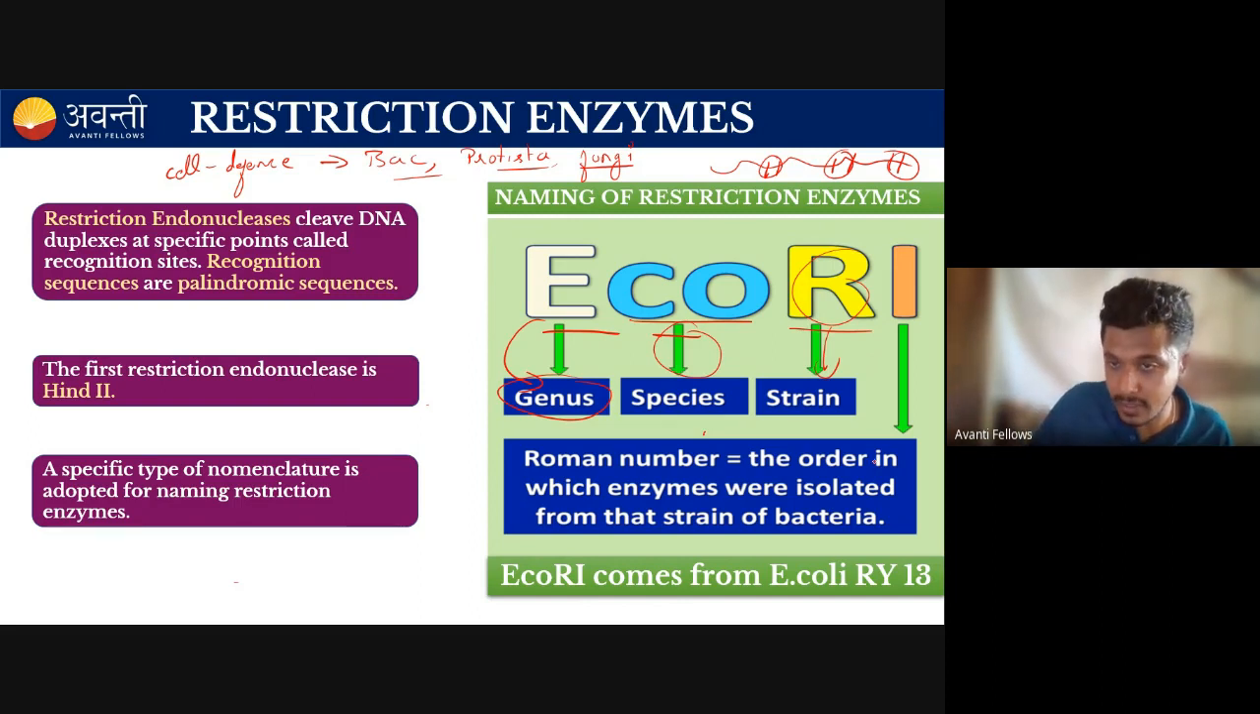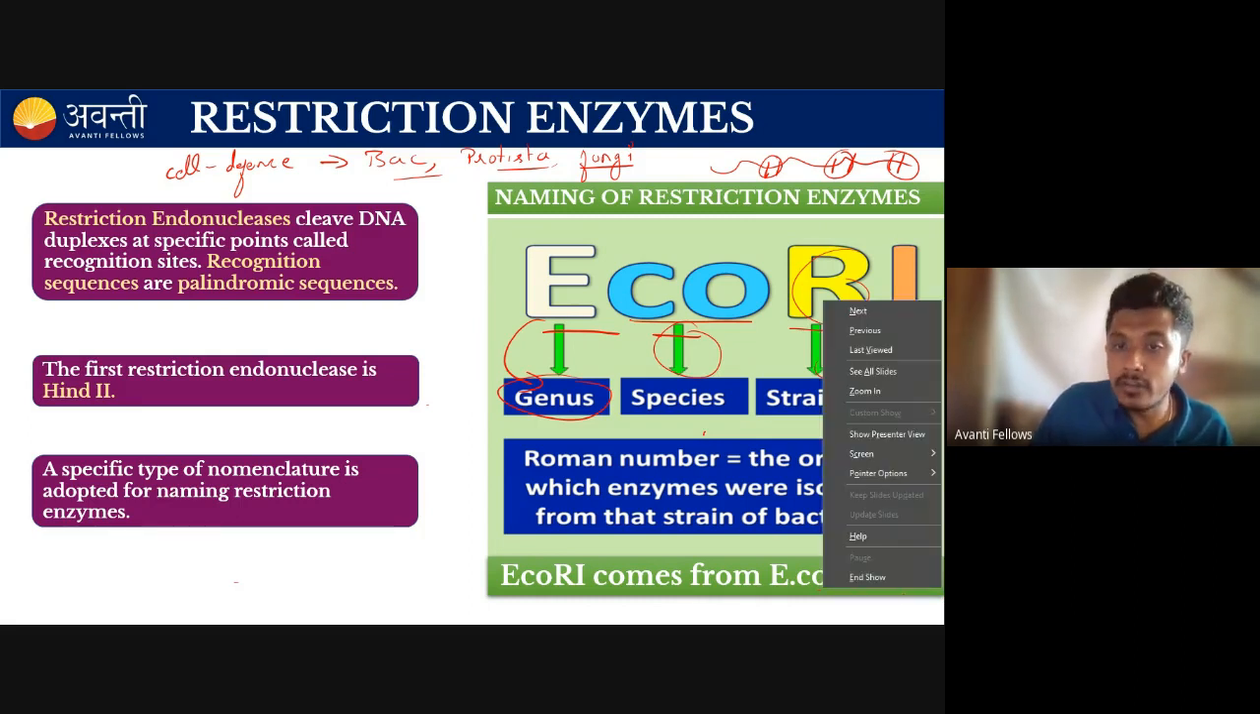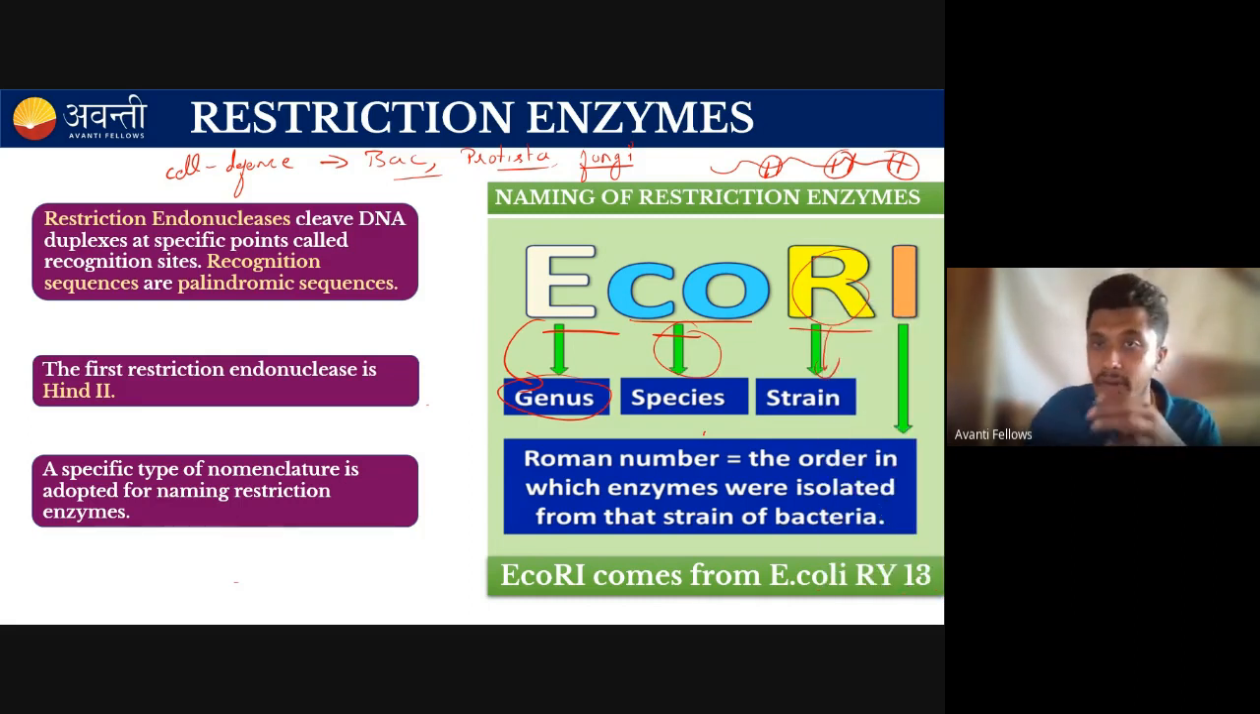So for example, you see E. coli RY30. So that means ECO R13. So that means we are talking about a specific type of restriction enzyme which is isolated by E. coli. Understood. Similarly, we have HIN3, BAMH1, SAL1. So these are different types of restriction enzyme which are isolated from a particular source, and this is how we